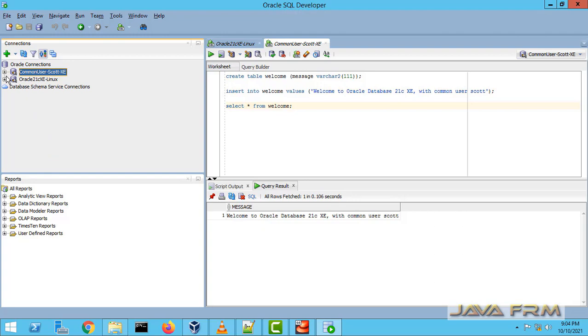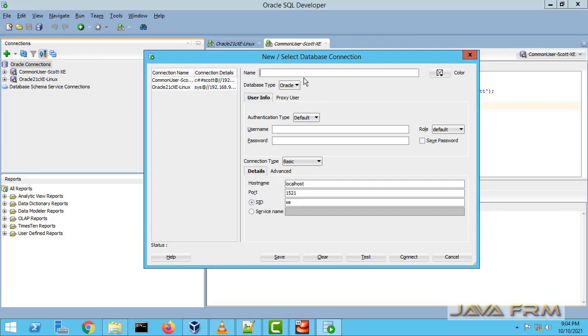Now next, I am going to log in as the sys user to the pluggable database. I am going to create one new connection. So now I am going to log in as the sys user to the pluggable database running on Oracle Database 21c Express Edition.